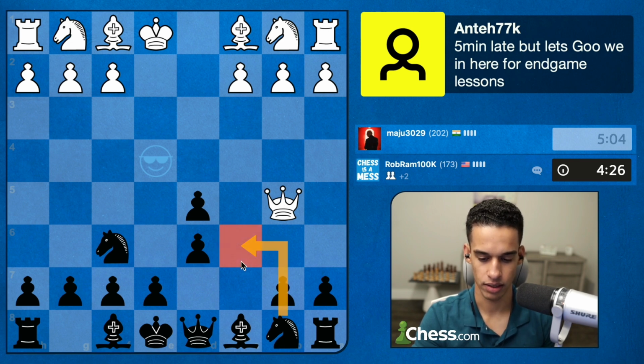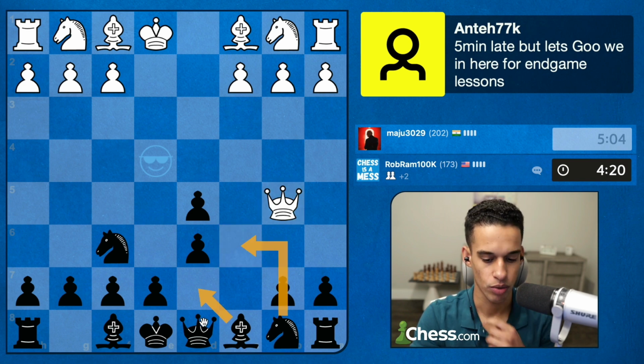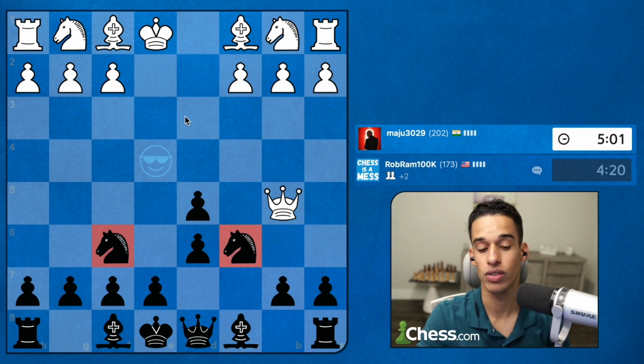All right, so knight c6. Knight c6, bishop d7 or queen d7, right? Let me go with knight c6. And again, I'm just developing my pieces. White pieces are just moving the same piece around,